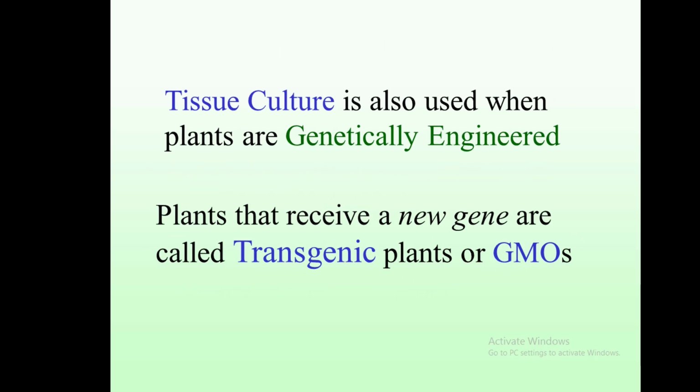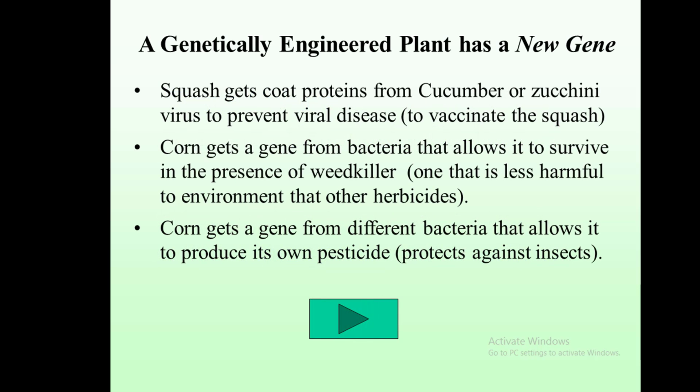Tissue culture is also used when plants are genetically engineered. Plants that receive a new gene are called transgenic plants or GMOs. A genetically engineered squash has a new gene that makes coat protein from the cucumber or zucchini virus to prevent viral disease, to vaccinate the squash. Corn gets a gene from a bacterium that allows it to survive in the presence of weed killer, one that is less harmful to the environment than other herbicides. Corn gets a gene from a different bacterium that allows it to produce its own pesticide